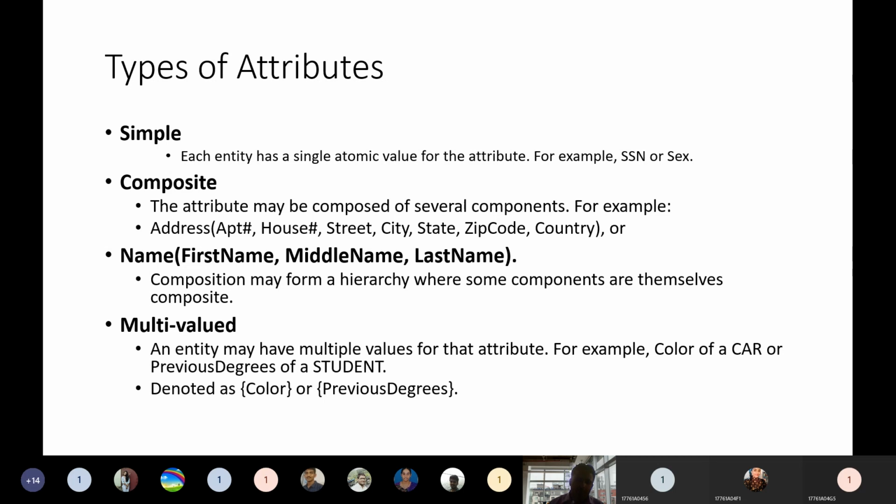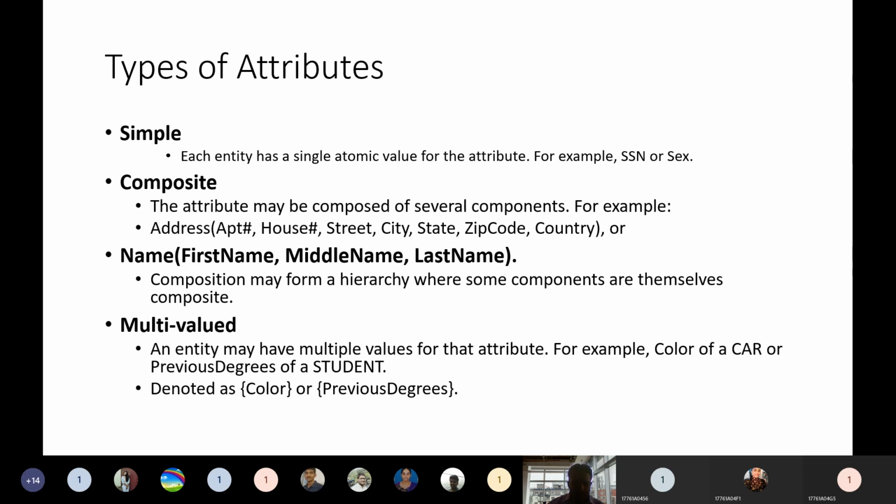So name, for suppose first name, one column, middle name, another column, last name, another column. All the three together we will use as one attribute, say name. And there can be hierarchy also in composite, one after the other. We will see in examples all these things.